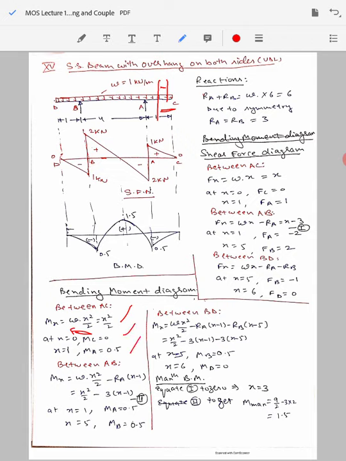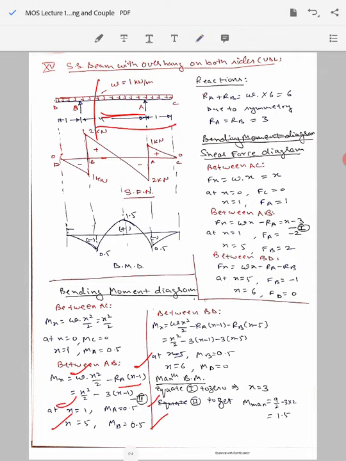This gives us the value of bending moment at point C and point A as 0 and 0.5. Then for the next span, you cut the beam between A and B, and you say that this distance is X. So the first term will remain the same, WX square by 2, but there will be a negative moment because of the reaction force RA, which will be acting at a distance of X minus 1. So minus RA into X minus 1 will appear in this bending moment equation, which when you substitute X equal to 1 and X equal to 5 for position A and B, you get the bending moment as 0.5 at both ends.